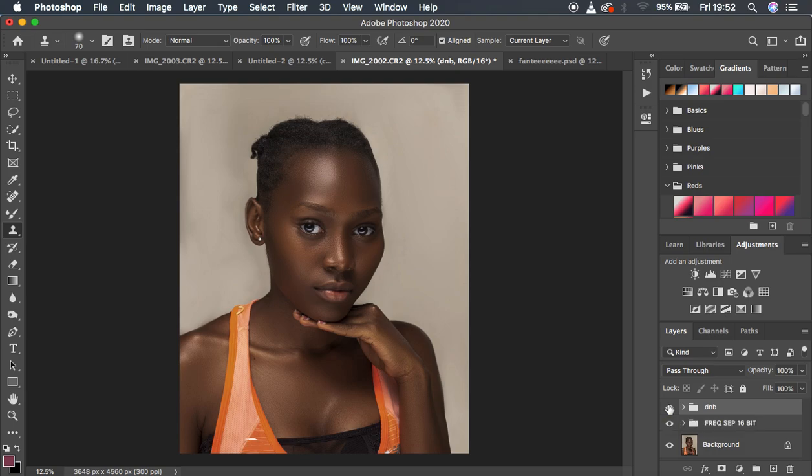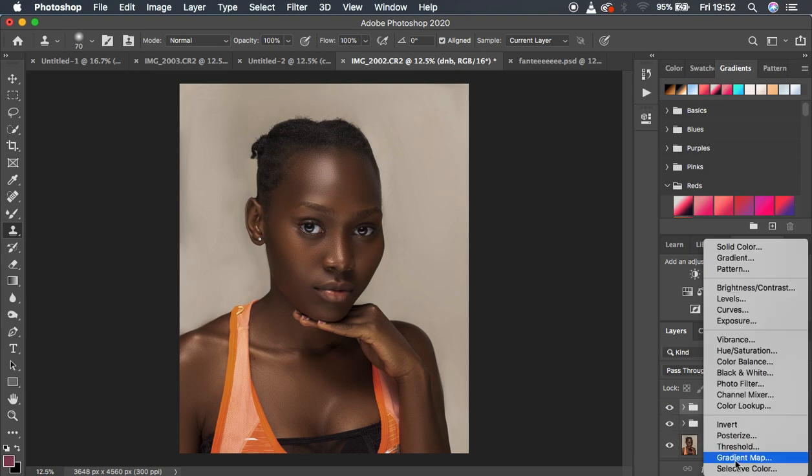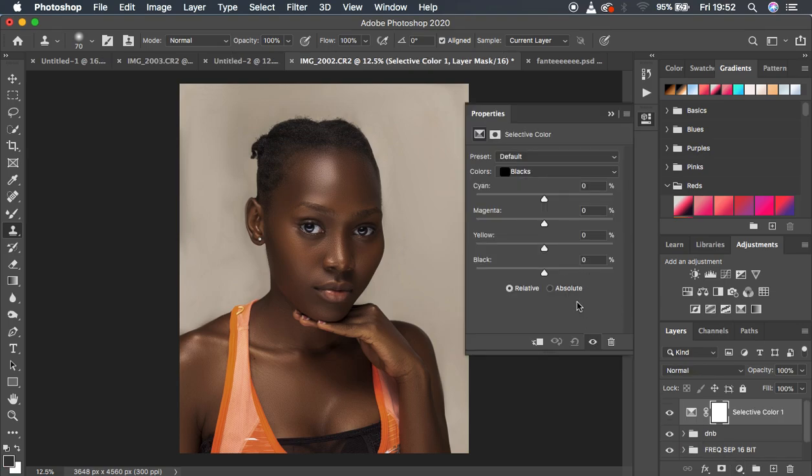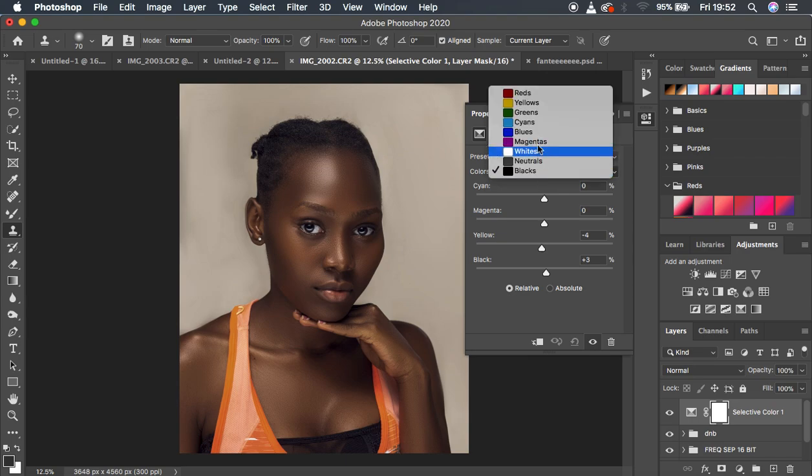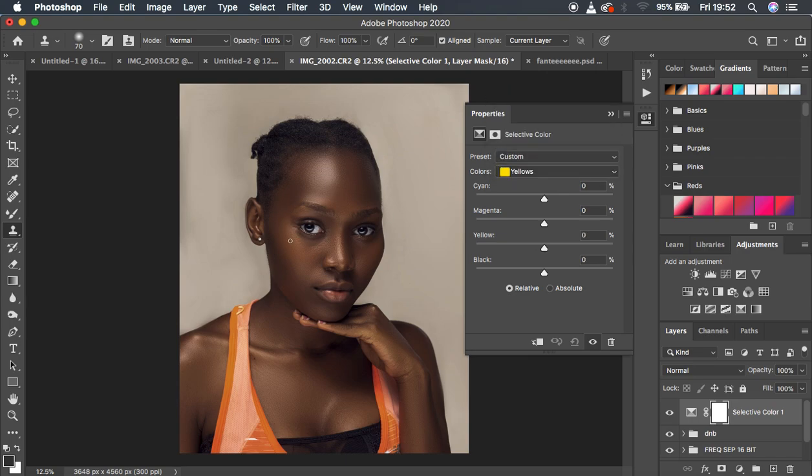So the other step I have to do is simply coming to my selective color panel or tool and intensifying the blacks of the image to around 3, and doing the same for my yellows, around -4. And now we're going to come to the yellows, and since we have some kind of yellows right here, we're just going to move this to around. So target the yellows, just do it to around